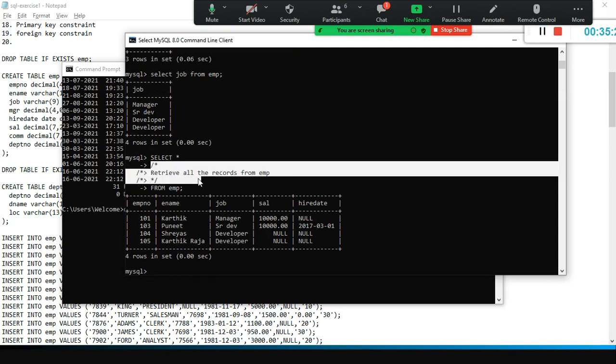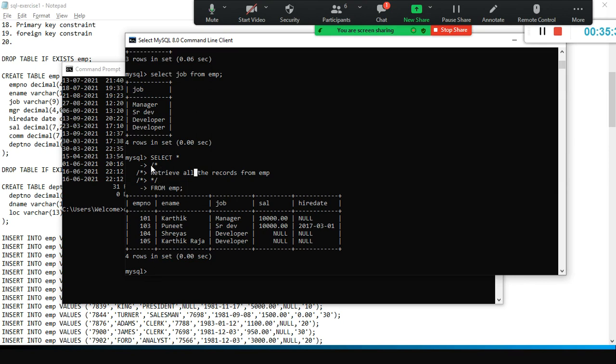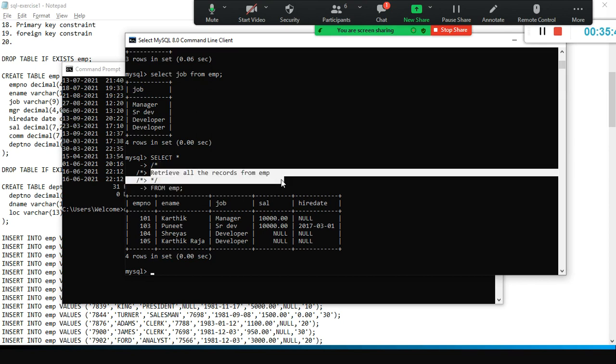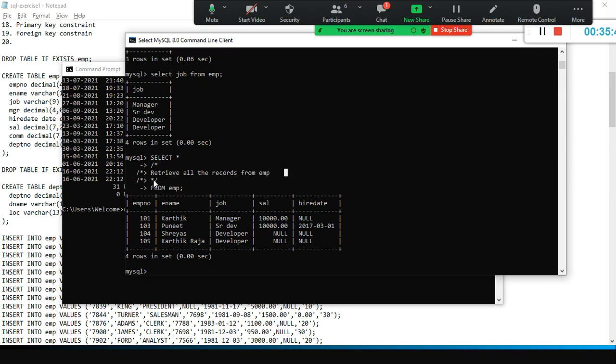Why do we have to specify it? You need to specify the comment. So this is my comment, right? I put this comment within this one. This is my slash star, and star slash. Afterwards, you need to put the comment, and you need to end the comment, right? Where the comment starts, where the comment ends, you need to tell the SQL engine. Otherwise, how will the SQL engine know? So in that case, slash star, and then type the comment in the next line, the next line, and star and slash.